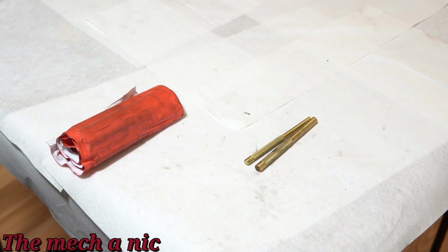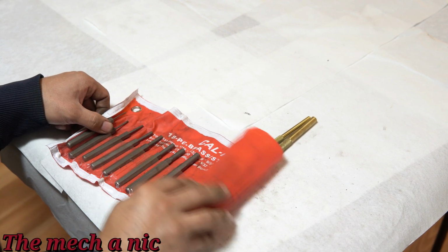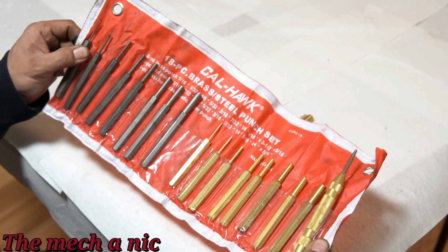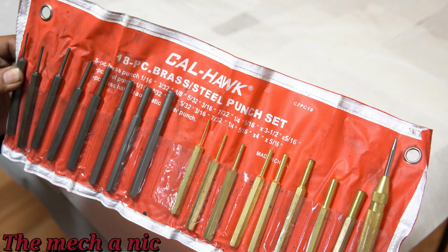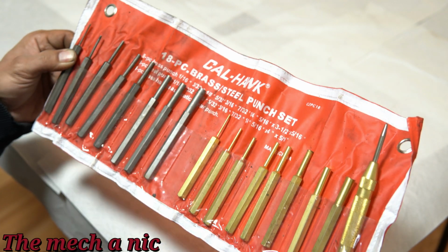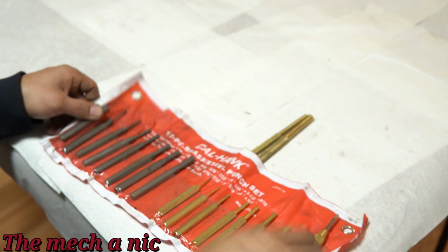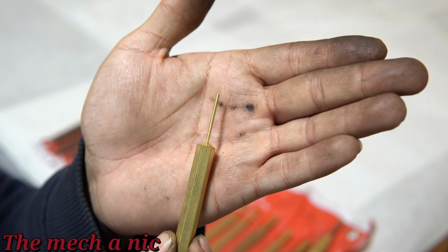Alright, so next up we have a punch set. Let's go ahead and unroll this. As you can see, it comes in this plastic roll right here. It's not the best, but it's better than nothing. This one is a Cal Hawk, as you can see the name brand right there, and the part number is CZPC18. It's an 18-piece set of steel and brass punches, ranging all the way from these really tiny little guys,